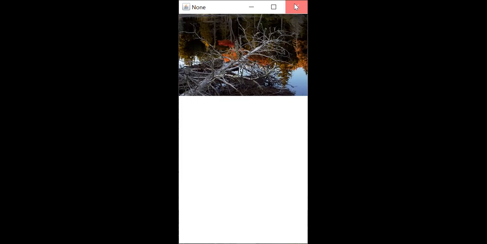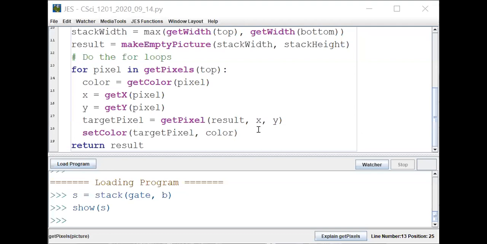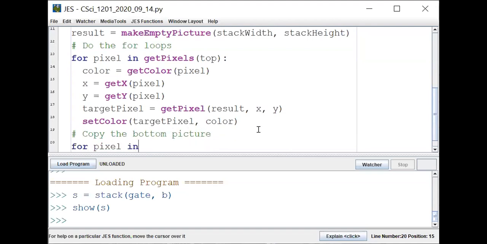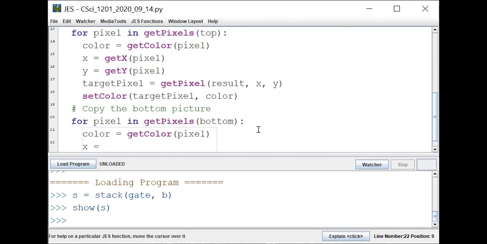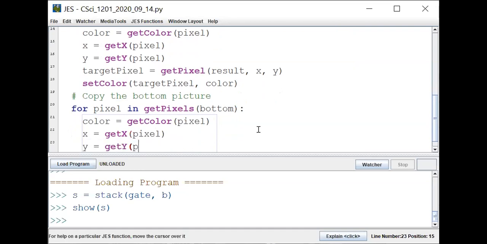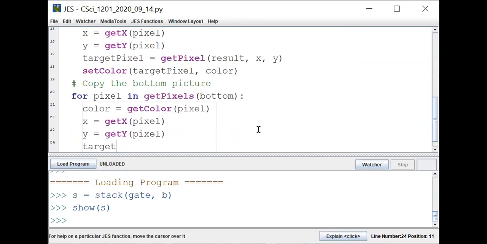Okay, so then let's share Jess again and try to wrap this up fast. So now we have to copy the bottom picture: for pixel in get pixels plural bottom, color equals get color pixel, x equals get x pixel, y equals get y pixel, target pixel